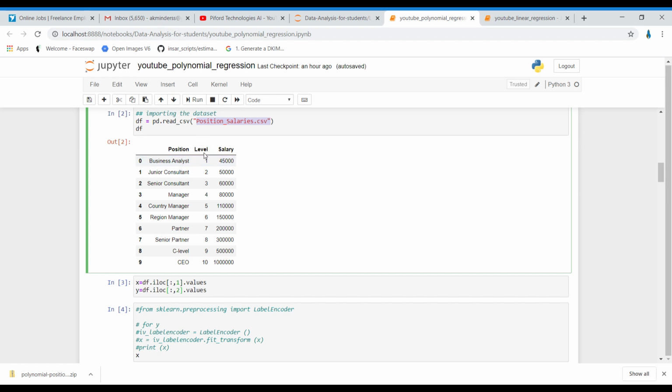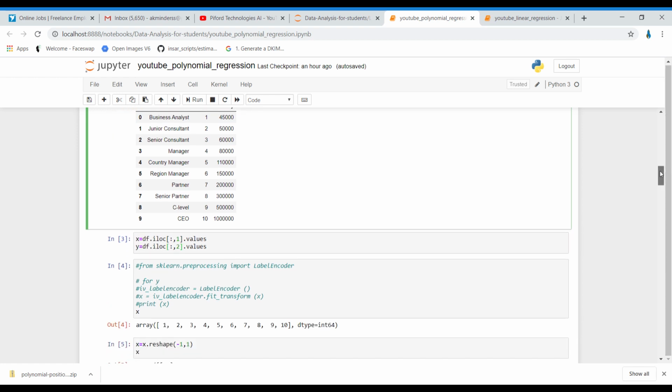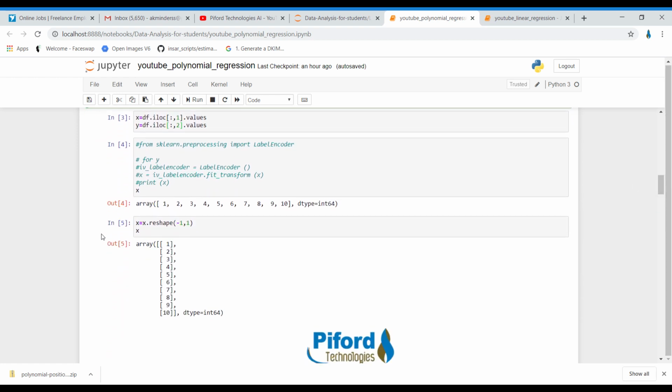So in x we'll be using level, and in y we'll be using salary. After dividing your data into x and y and printing, this is the value which is in x. We need to reshape our x value like this, in the form of rows. So that's why I've reshaped my data.